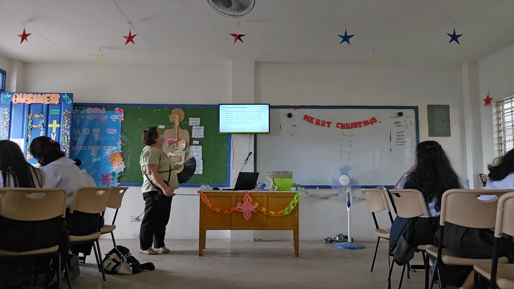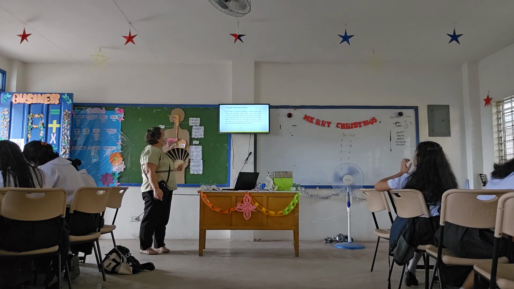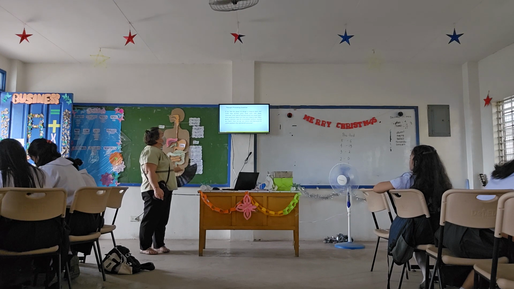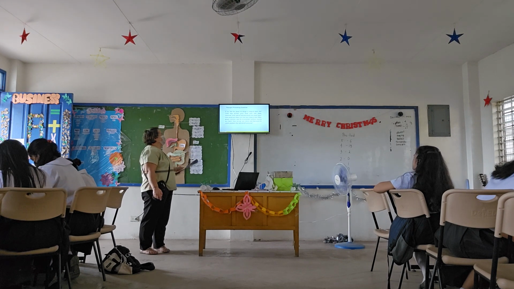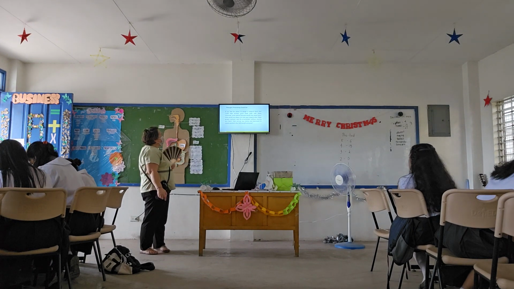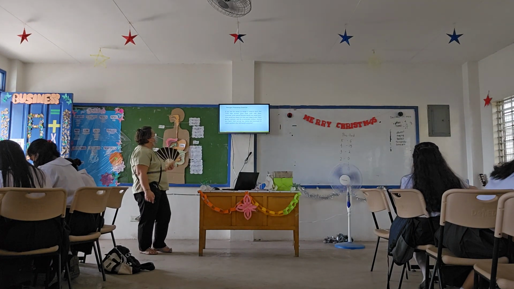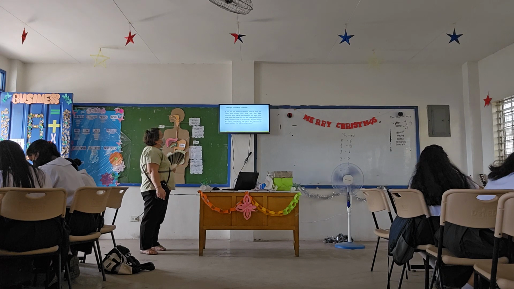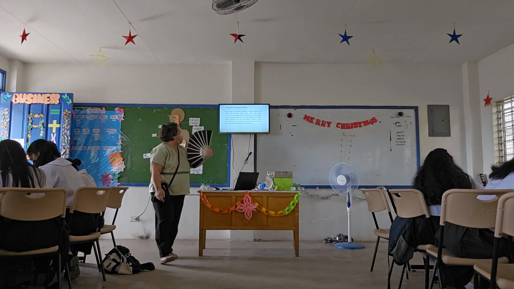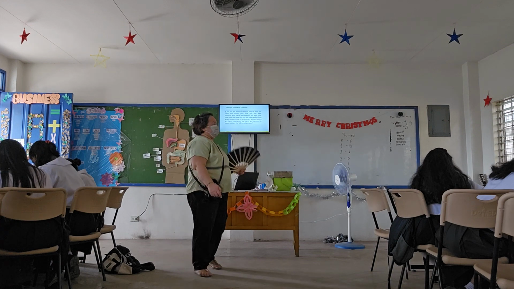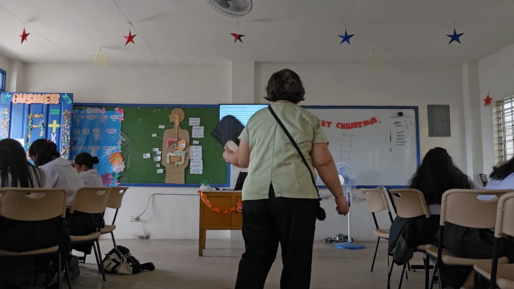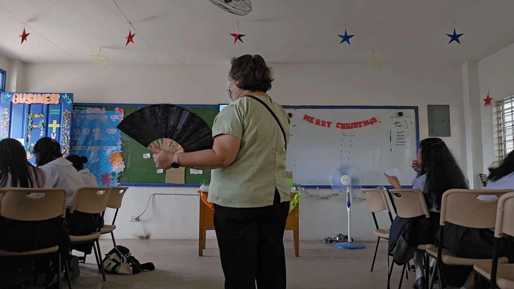Okay, if you had the power to design a magical plant that would help farmers grow more food with fewer resources, what special features would your plant have? And then how would you make sure that your magical plant helps people, animals, and the environment without causing any harm? And then how can we use science in our world to create solutions that would benefit everyone? Who wants to answer?